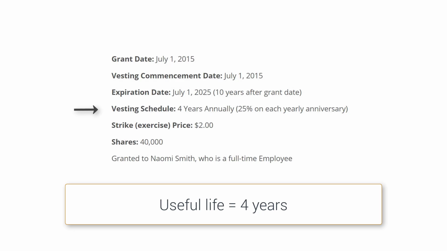Now, the most common way to allocate the expense over 4 years is in even increments. This is called the straight line allocation method, but an accelerated method can also be used. An accelerated method in this case would be somewhat analogous to double declining depreciation. So let's go ahead and look at the straight line allocation method to calculate the stock expense for Naomi's grant